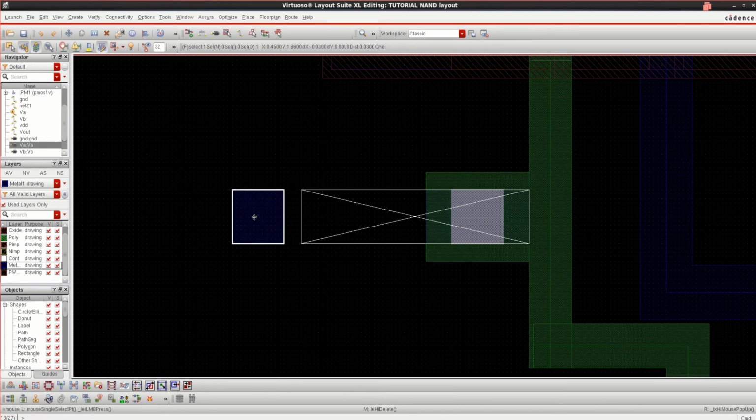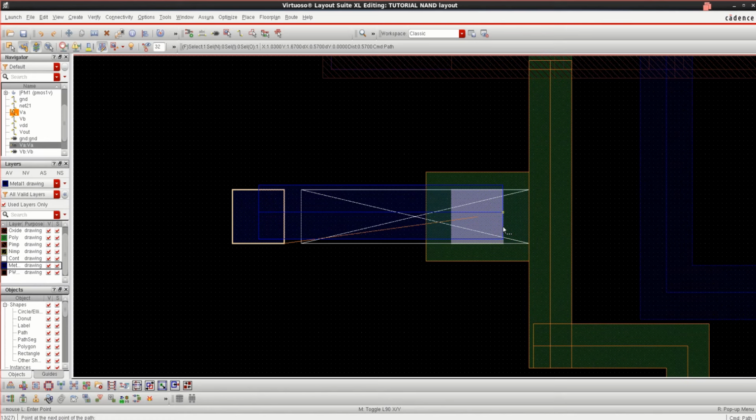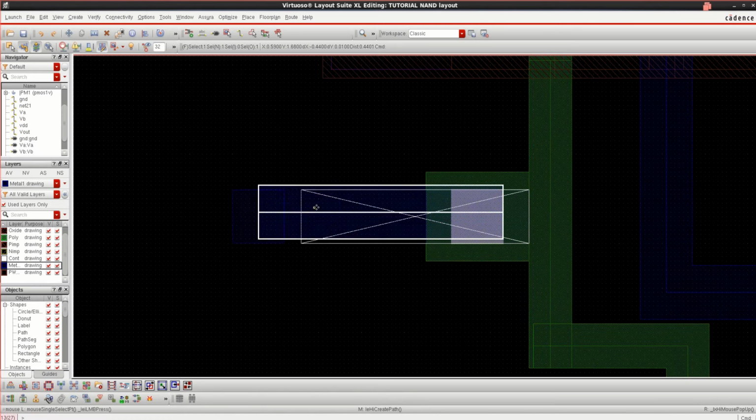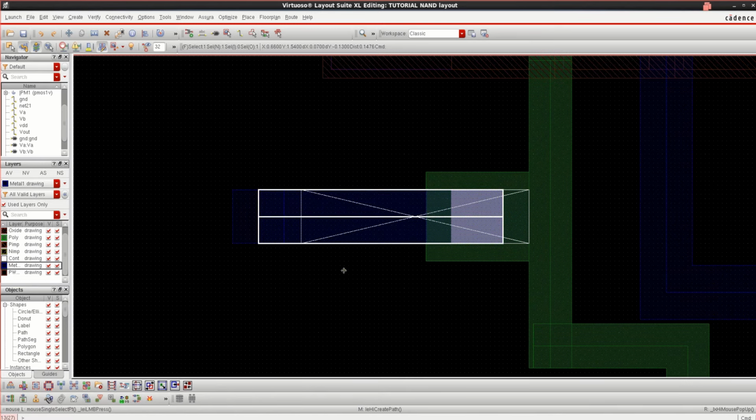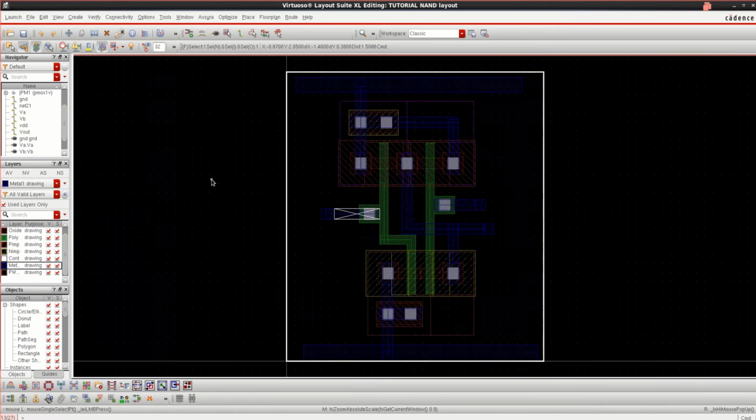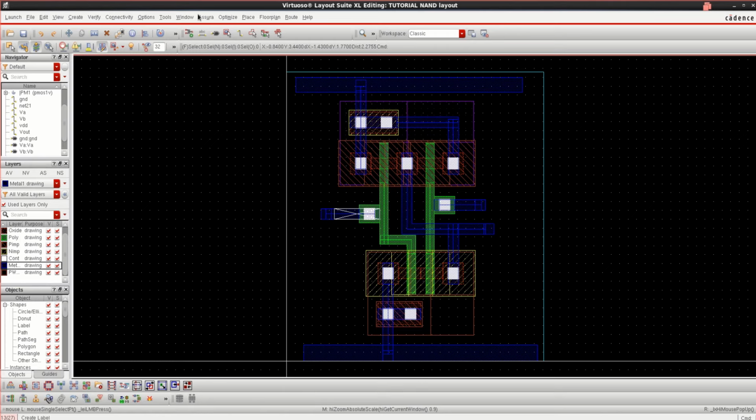Select this part again, press P and hit enter. So adjust it, press F. Again you can check it.